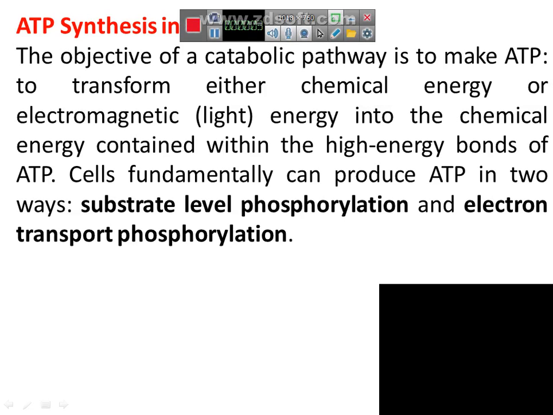Good afternoon. So yesterday we saw the different ATP or energy generating metabolites. In that we saw ATP and NAD. In the reduced condition, NAD is reduced to NADH, and also in plants we saw NADP when it is in the oxidized state, and in the reduced state it is NADPH. So today we are looking at the ATP synthesis